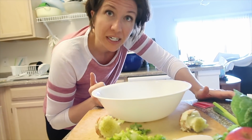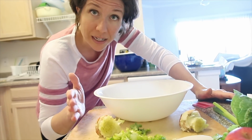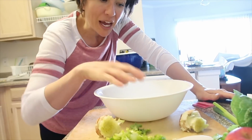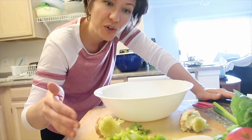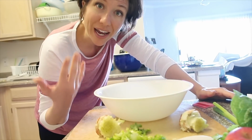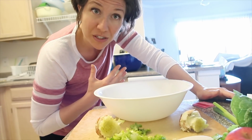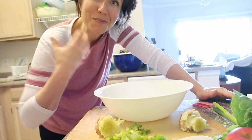So when I give you recommendations about how much lettuce to be using or how many greens to be using, don't take them lightly. This is the most important part of my advice. And your challenge then is to find out how you need to prepare it so that you like it, okay? You have to just keep trying new things and keep working on different recipes and try different people's recipes too, to just find something that you like